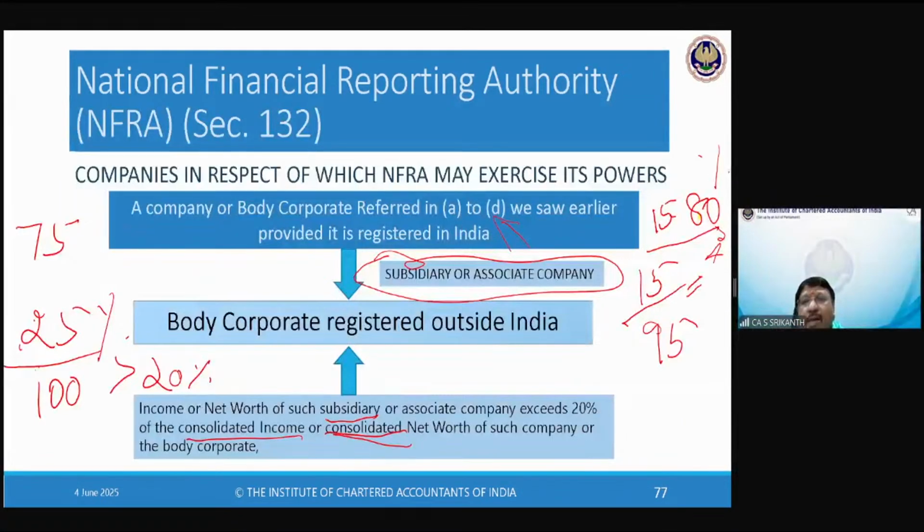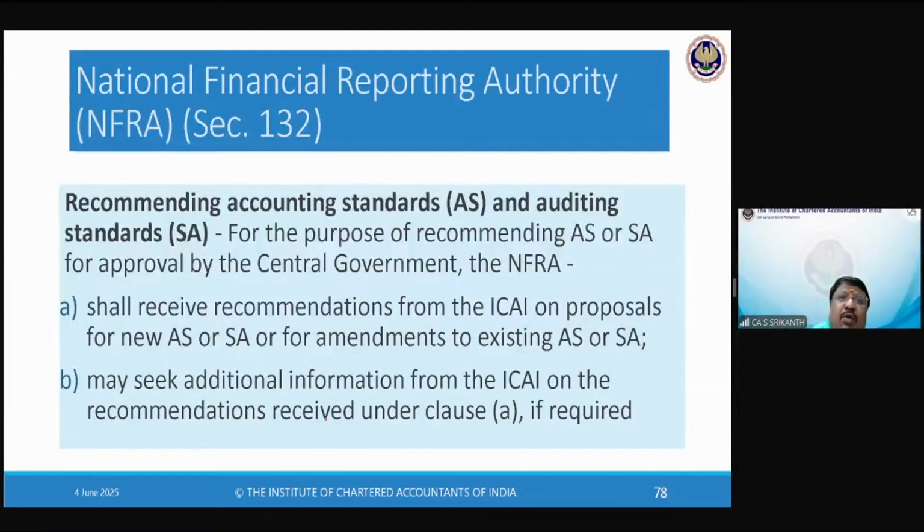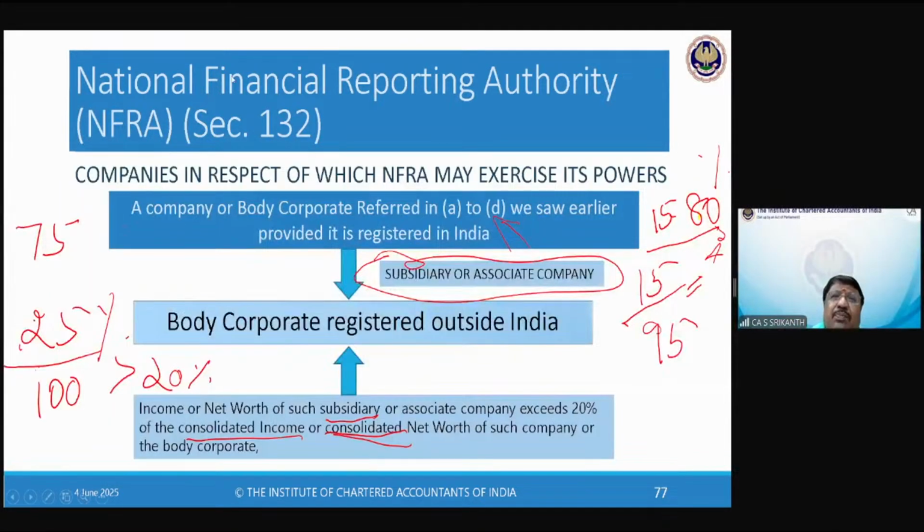What I will do, at this stage, I will look at the questions that you might have. Is NFRA almost getting over? It's all pure theory only after this. Soumya ji, I will do it. I will upload, not download. Upload. You will download. I will upload the chapter. Dividend and accounts and audit also. I will do. Don't worry.